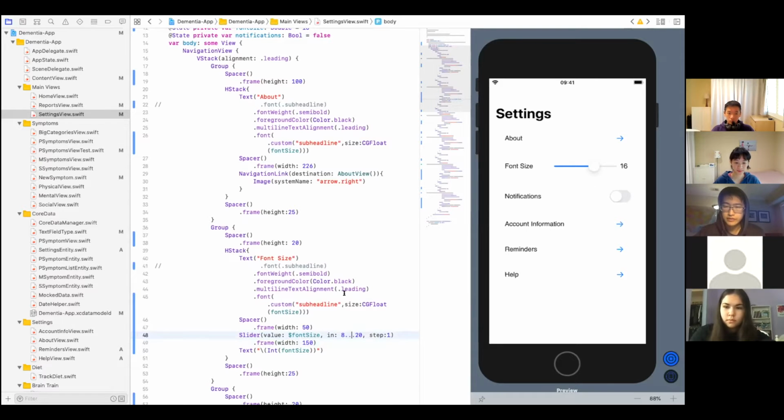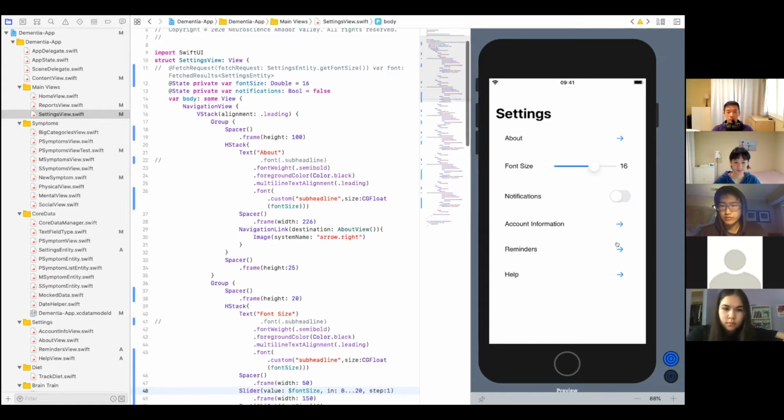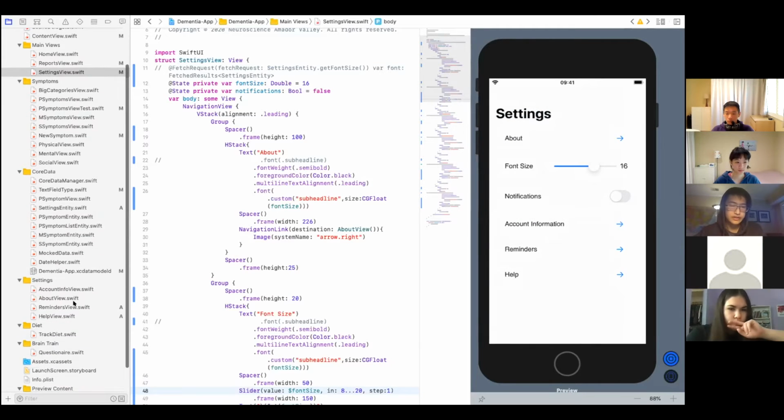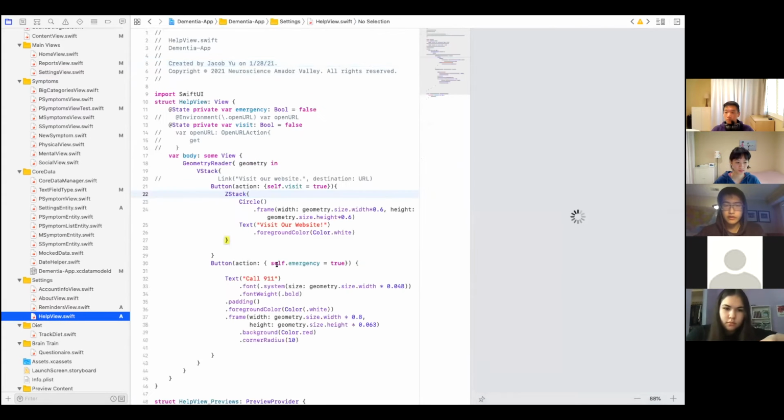I guess some other things we worked on. I tried to get core data working with this specific file, but unfortunately, it's not completely ready yet. Some of the other things we worked on were reminders. I guess it's not updated, but in the reminders or the help file,